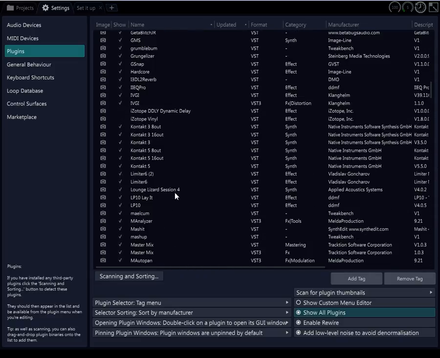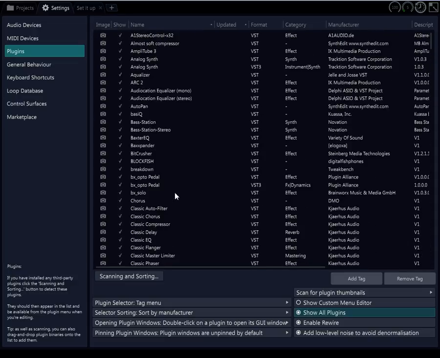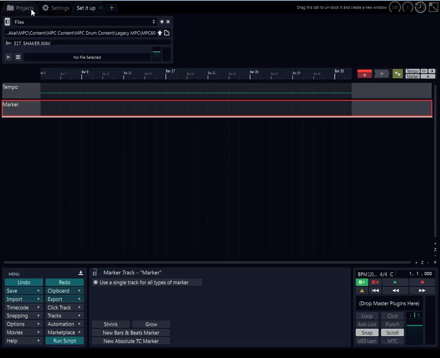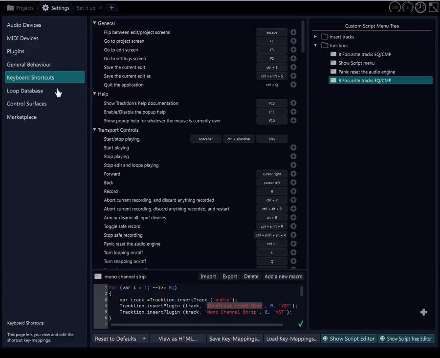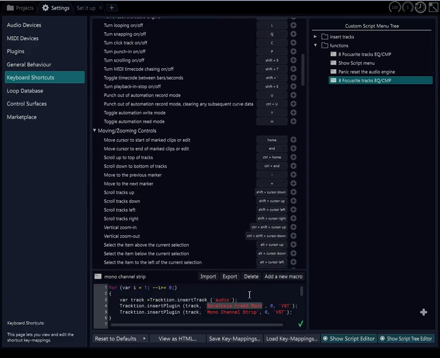Only thing I have a problem with is the Tracktion native plugins. Like, I can't pull up the text plugin for some reason. I can't pull up the aux return and sends for some reason. Even if I type them in, they don't work. I don't know if it's because they're really not a VST format. So somebody can help me with that, that'd be a big plus right there. Like Tracktion, anybody help me with that. Like how can I put the aux sends and returns and the text plugin